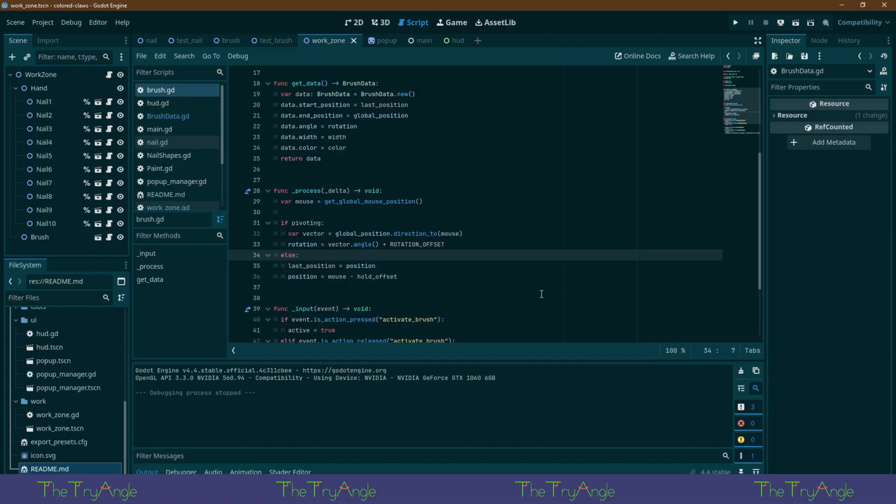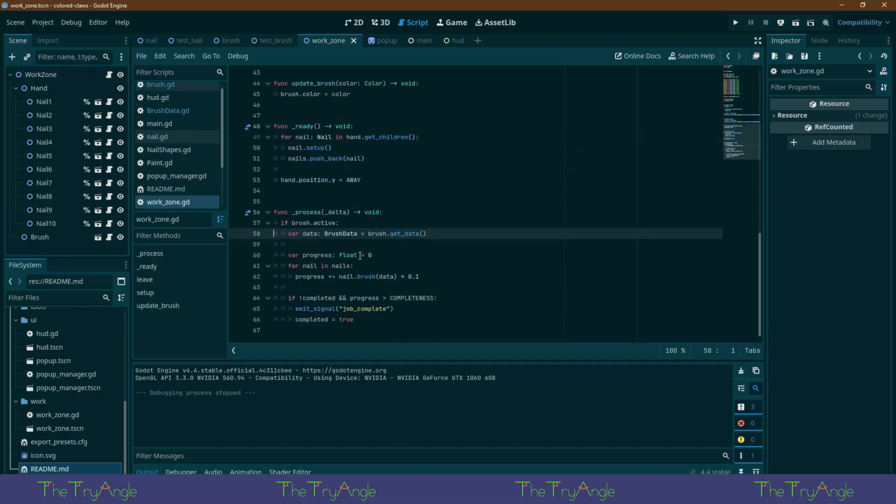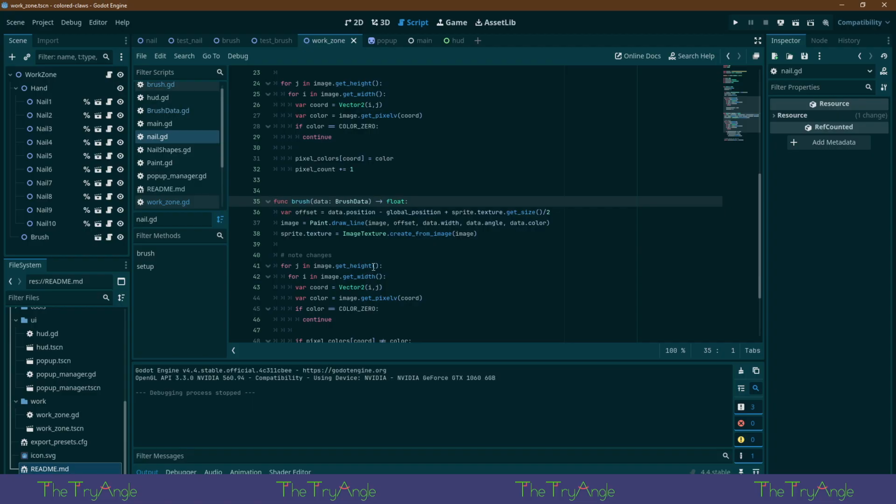Except we don't. No, actually, that's fine. We can store it every time. We're not going to draw it until we actually need it. So, okay, that's that. And then when we're passing in that brush data, let's see.